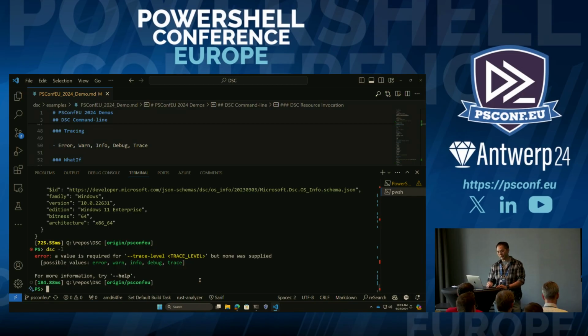One of the conventions that we define within the DSC team is that you should not use trace by default, because trace will emit raw JSON input and output, which may contain sensitive information. So you should really only use that manually and not in something like CI/CD. You should only go to debug at most. But again, if I go back here,